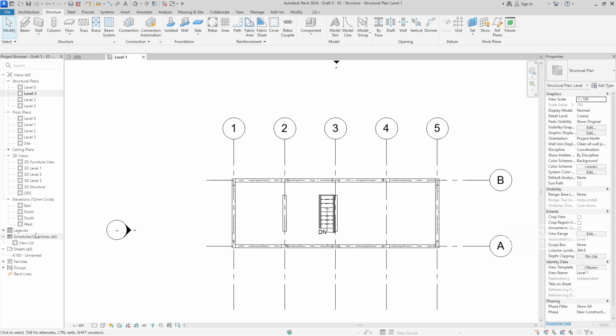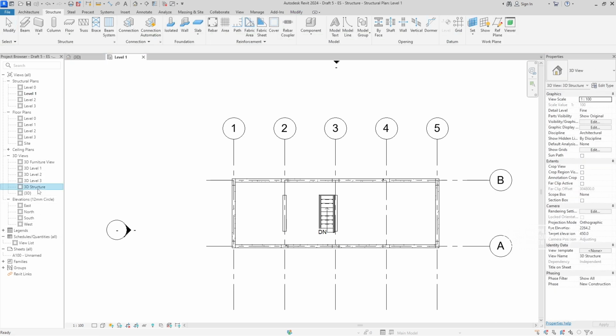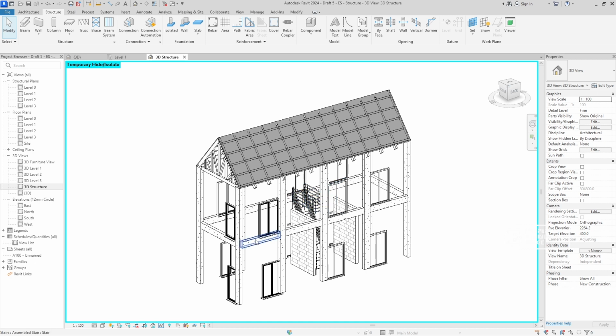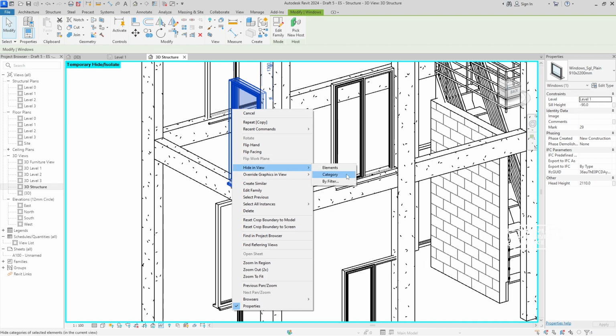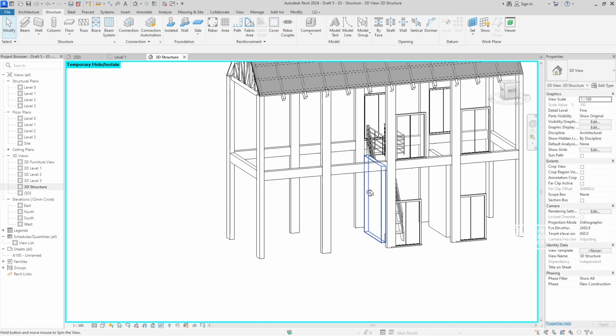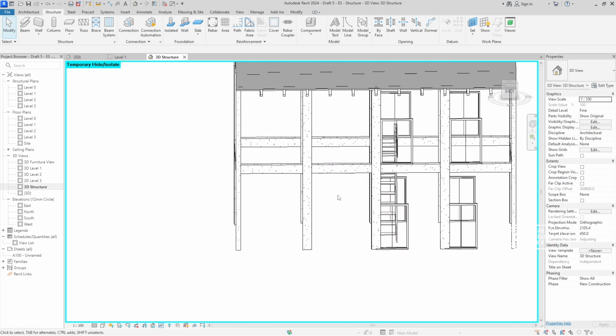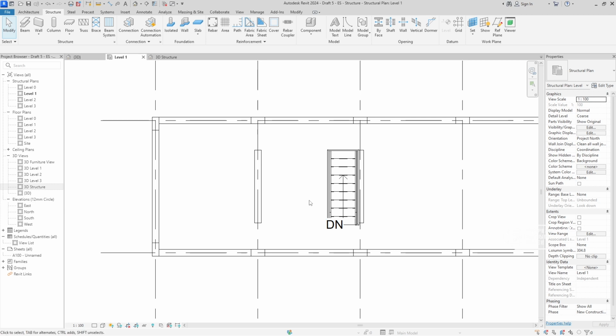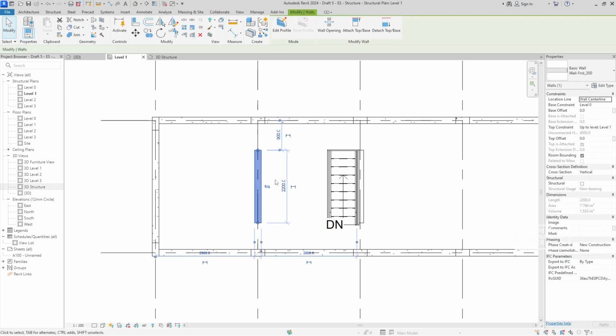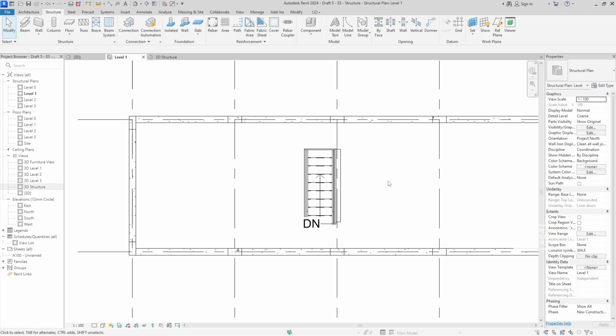So now if I go to the 3D structure view, we have created the columns here. Let me hide this one, as you can see here. So of course we also need to put it from here to here. Go to level 1 again. This is a wall thing. We just